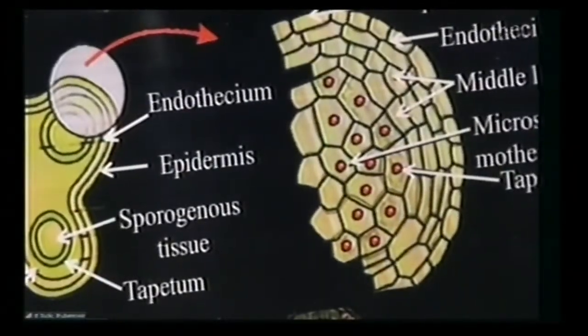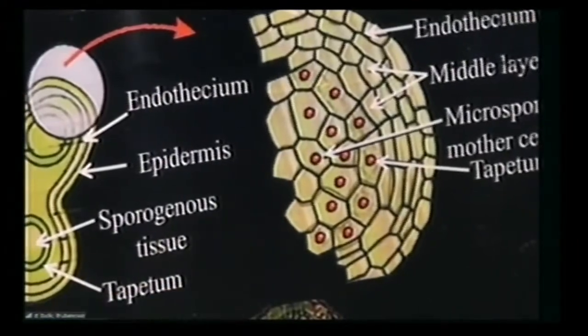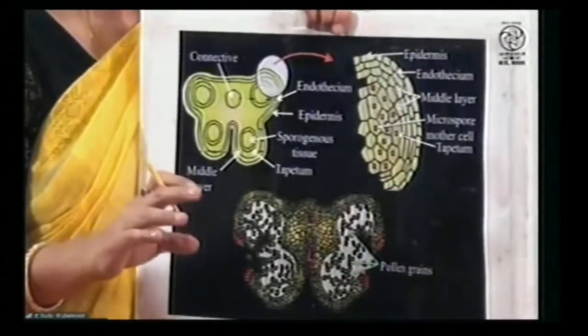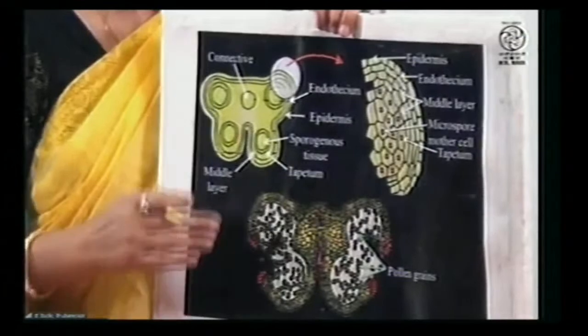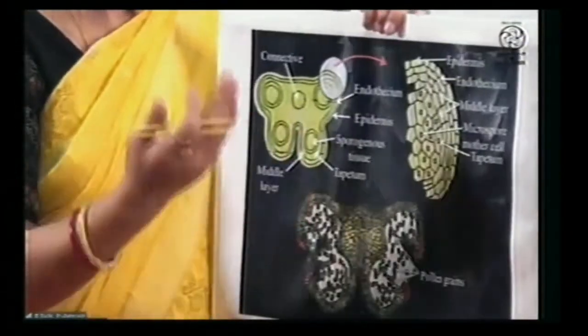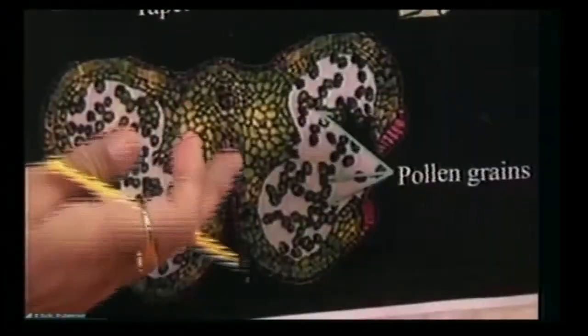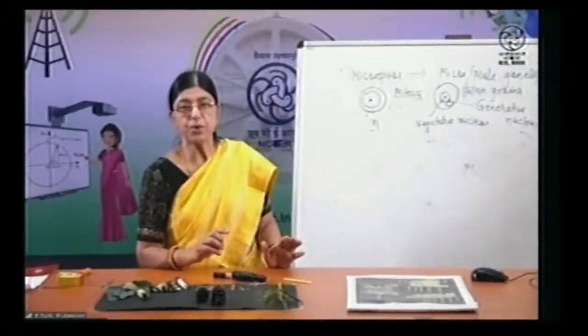grains will come out. As you can find here, here bursting has taken place, here also bursting has taken place, and the pollen grains will be released. Okay. Got it? After that, what would happen? These pollen grains will be carried from one flower to another, or it may be carried from the anther of one flower to the stigma of the same flower. As you know, this process is called pollination.